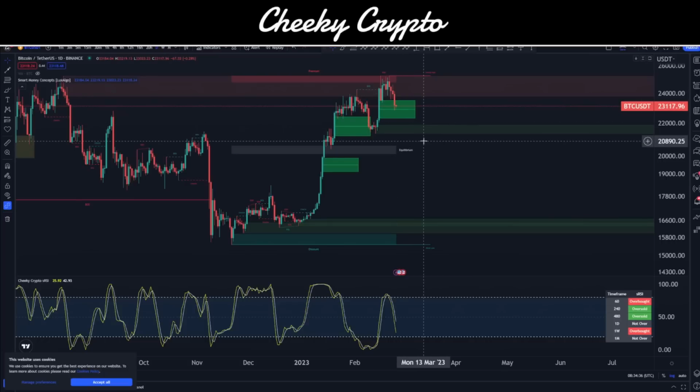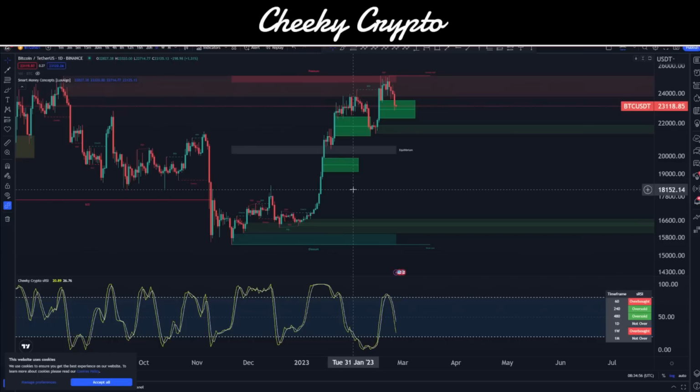Very frustrating for retail investors who are just hodling, seeing prices move up and then move down and slowly kind of bleed out some of the profits that they've seen, because I think that's essentially what's going to happen there. But looking at these key areas, these are areas that we should be pretty comfortable with, and they're pretty natural to think about. So 19K is not anything too scary.